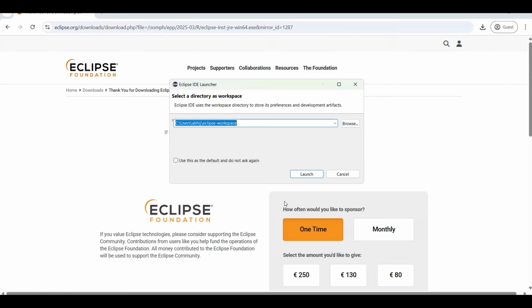Once I click on launch, my Eclipse restarts because this time it is going to point to the workspace that I have selected. If everything is proper, if your JDK is in place, if your Eclipse has gotten installed properly, this is the view that you should come to. If this is where you are, congratulations, your installations are done correctly. You can now start practicing coding in Java.